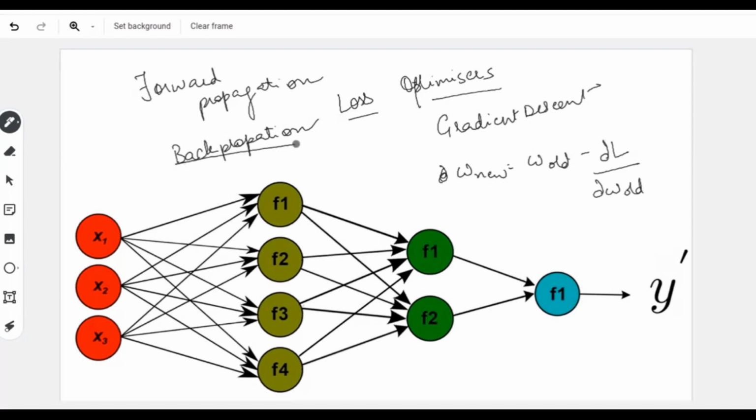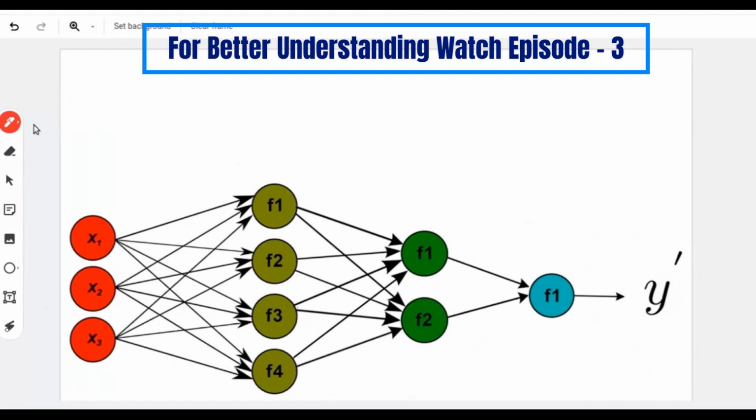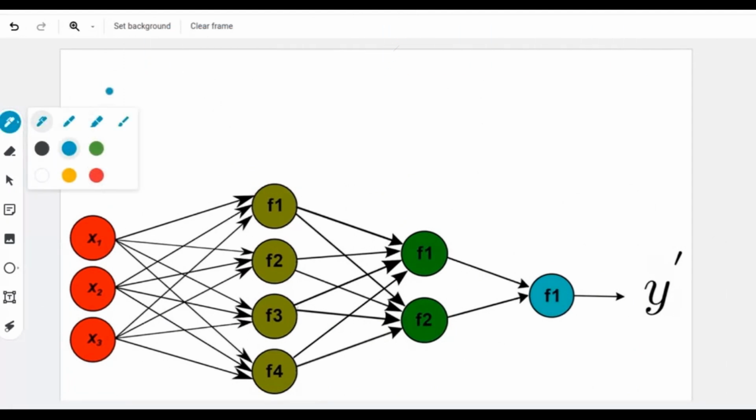So what is back propagation? It is basically known as the chain rule of differentiation. So it follows the chain rule of differentiation. Okay, but before we dive and understand more about it, let us go and look over the terms and terminologies that we learned earlier about an MLP.